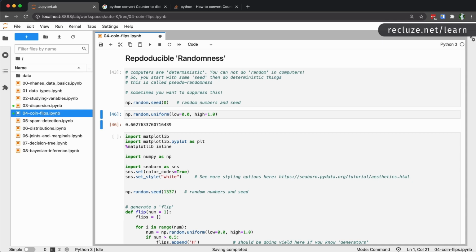How does this work? Computers are deterministic. They cannot have randomness in them. They have specific sets of rules. The classic computers that we use have specific sets of rules: one thing goes in, a very specific thing comes out. So if you need actual randomness, you need to start off with some sort of a quote unquote seed. That seed in the computer typically comes from the real world. For instance, the computer's microphones pick up ambient background noise, which is used to generate a number.